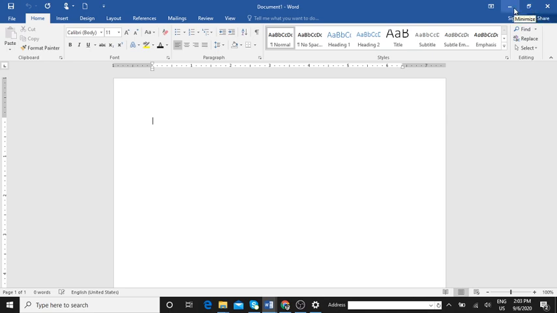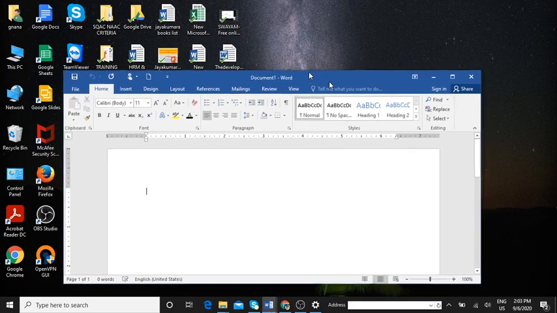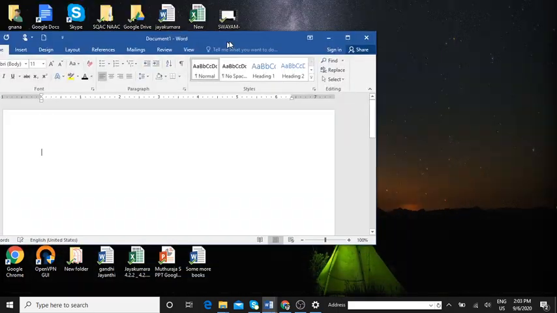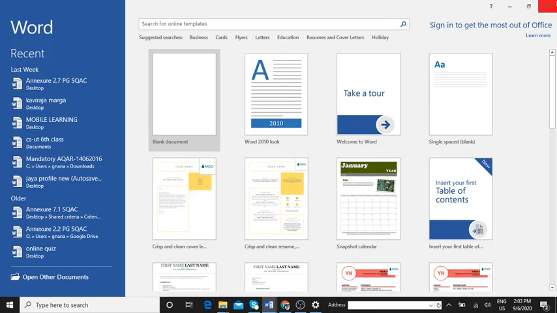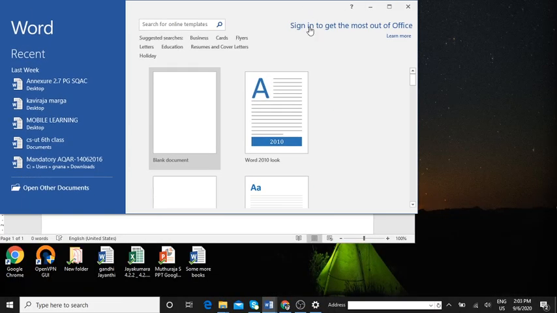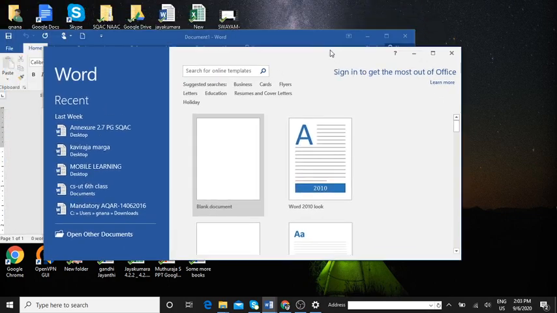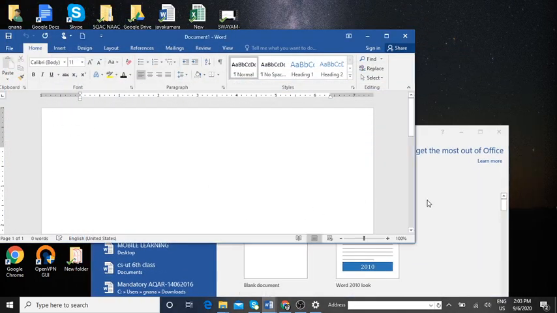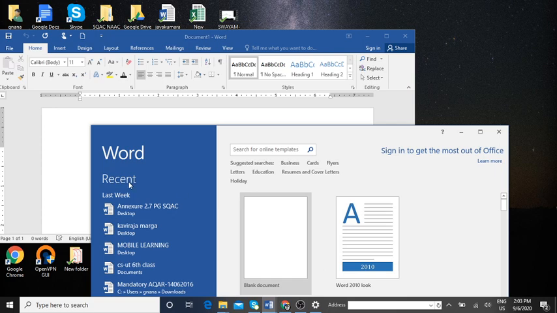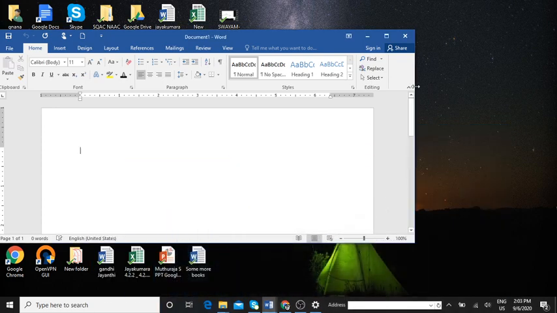We will see how to move a window. It is the same. Click on the restore option. You can hold it like this and keep it in one place. I can open one more, using the restore option. Can you see two windows now? Can you see the two windows which are open, children? Very good. So this is how you open and close the windows.